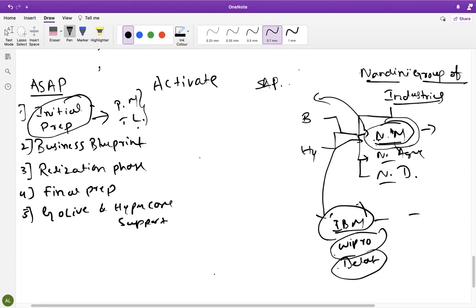Once IBM, Wipro, or whoever gets the project, they will post requirements for consultants on Naukri. Likewise, once the project is won, Nandini Milk will post openings for end users who know SAP.